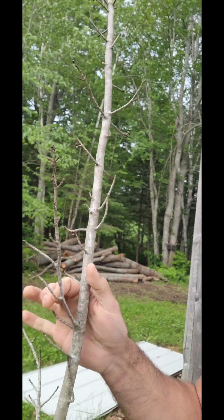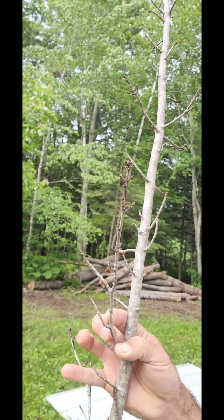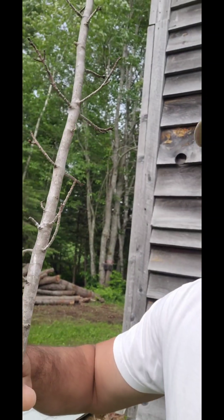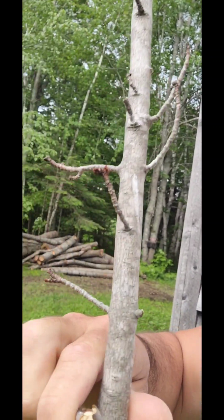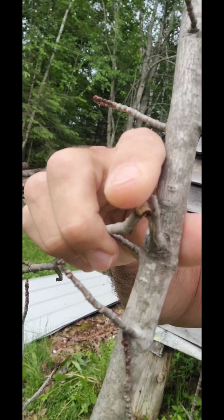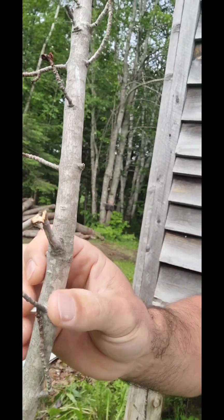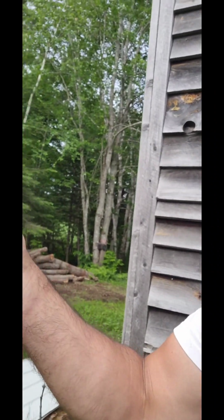is I went ahead and checked with some of the smaller branches and saw if they would flex and how far they would flex. Well, you see that little piece just broke right off, but they actually break fairly easily. And if you can see inside of here, it's really, really dry in the center. And all these just break right off super, super easy. None of them really are anything